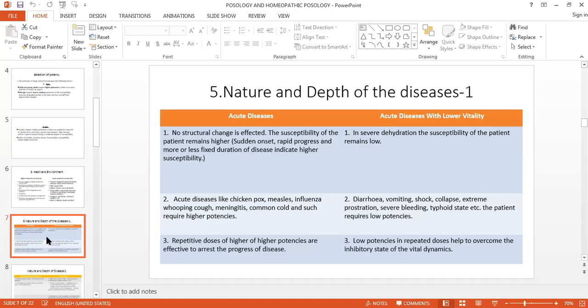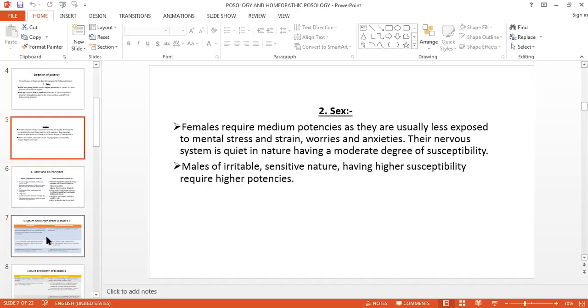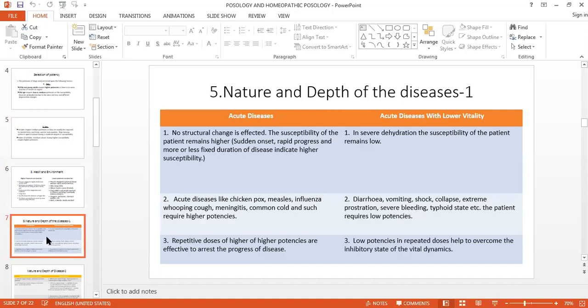Selection of potency must be done only on the basis of susceptibility, and for that, again, our observation and our experience play an important role. The different factors we have seen: age, sex, after that, habit and environment, constitution, temperament, nature of work, then the nature and the